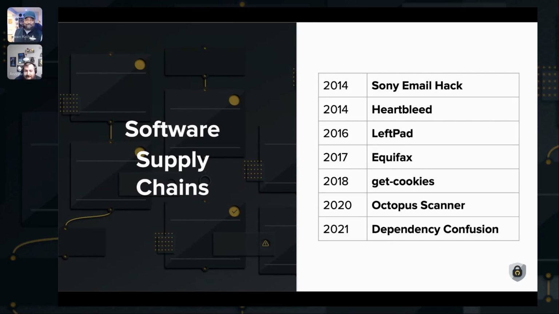Yeah, I try and choose the stories carefully, because there's a lot of companies that have gone through those types of data breaches. Yeah, and really, you could probably put a lot of different names up here.